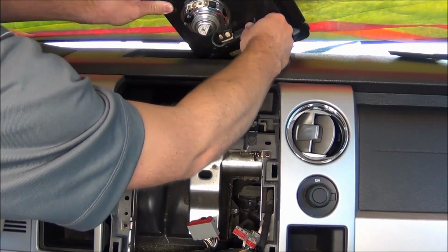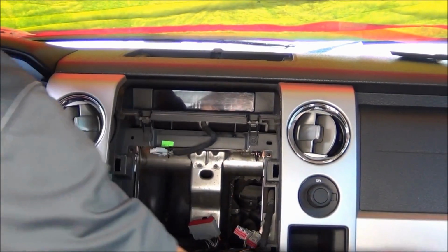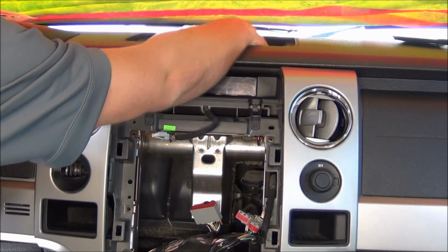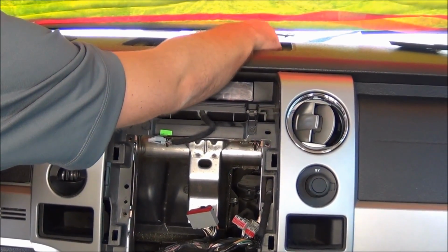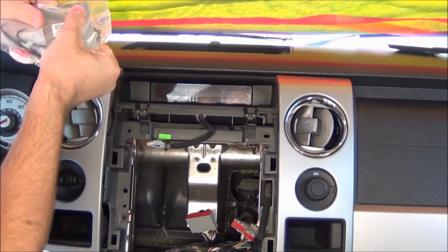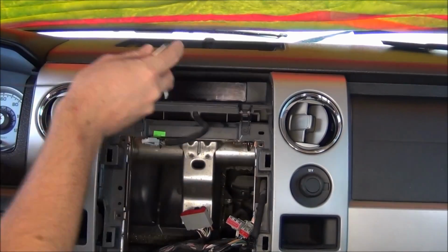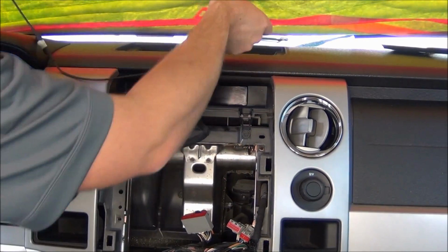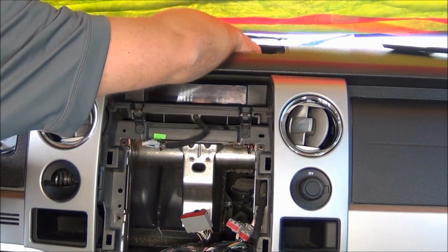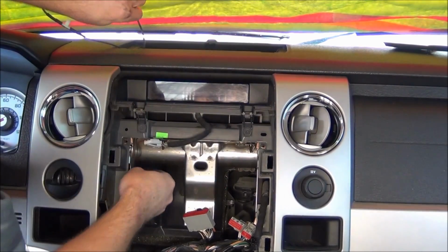You can disconnect the center channel speaker if you have one and set it aside. You'll notice back here there's a lot of different spots you could mount a GPS antenna. Some people will wedge it underneath a bracket. Some people will put double-sided tape on the back. For demonstration purposes, I'm just going to set it right up here on top of a metal brace. And then all you need to do is just route this antenna down